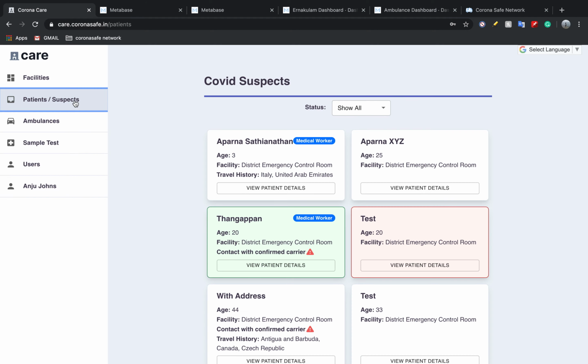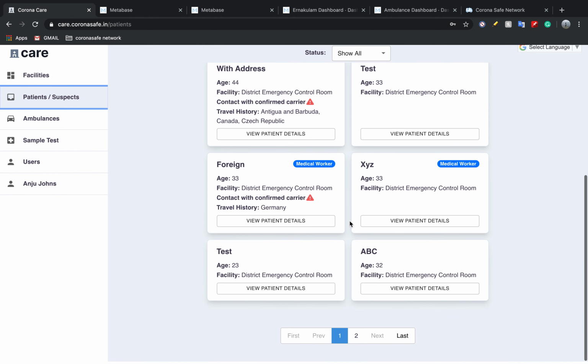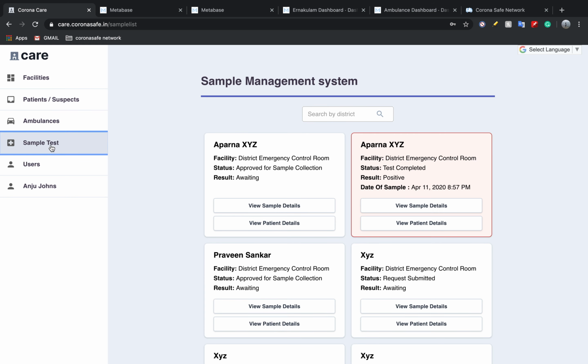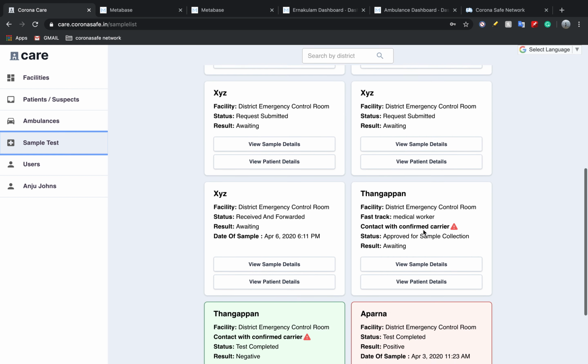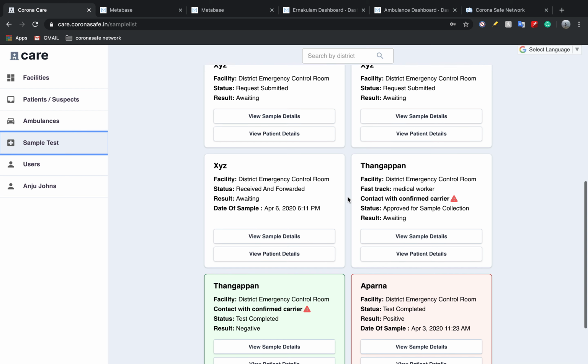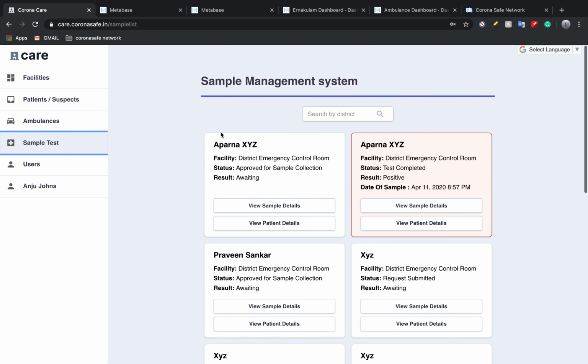Now in the patient tab, the hospital can see all patients that are in the hospital, and in the sample testing tab, you can see the status of all the sample testing that you have requested through the system. Sorry, the greens are patients who have tested negative, and the reds are the patients who have tested positive previously. However, you can ask for repeated tests as well.